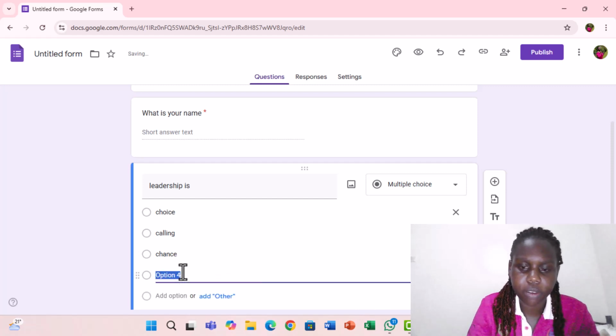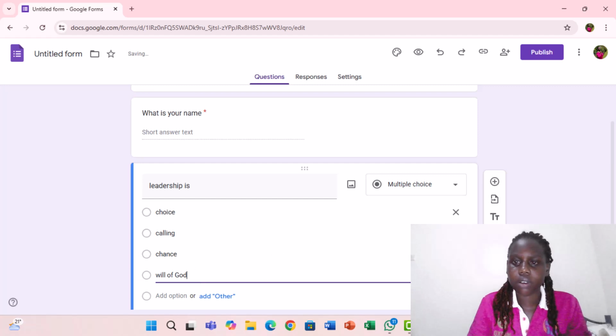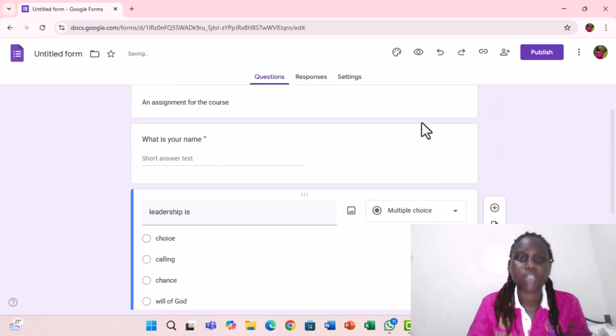Then let's put maybe in option 4, will of God. So I will also make this other one compulsory, required. So if you don't answer it, you can't